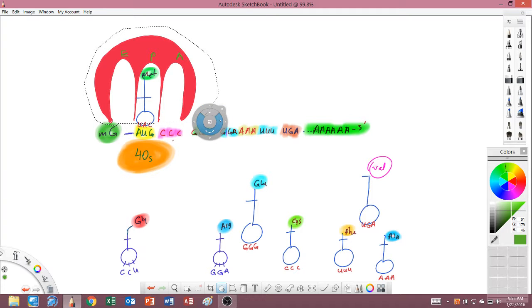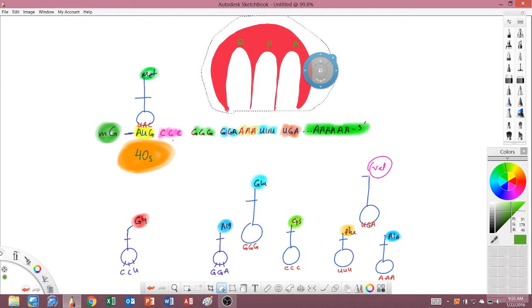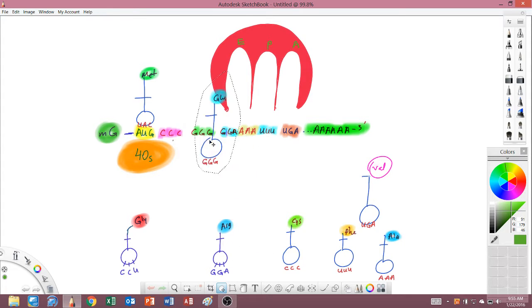Once it moves on, now what's the next tRNA? GGG, which carries glutamate. And glutamate will come and attach here. I'm going to copy this so that it makes it easier for me. Can't copy? I guess not. So let's say glutamate comes, next one, and assume that this will come here and attach, because this will now be in the A site. Limitation of this technology.